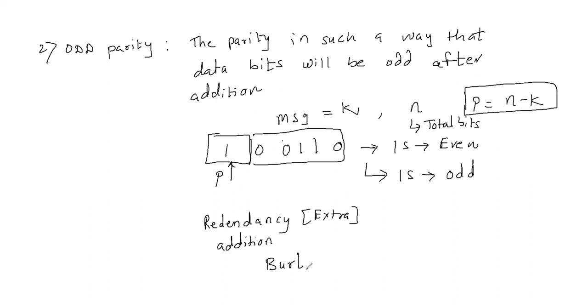So parity bit cannot detect burst errors. That is not possible with a single parity bit addition, and this method is unable to detect which bit is in error. Suppose the received data is at the receiver, we will not be able to tell which bit among these data bits is in error. Either this 0 is in error, or this is 0, or this bit is in error. So we are not able to find that error.